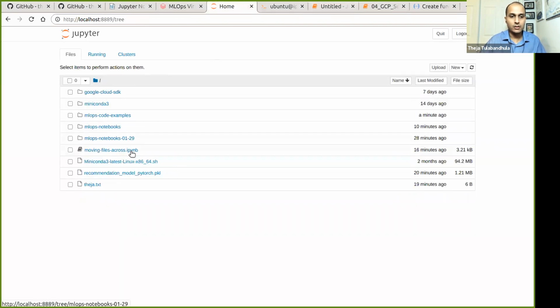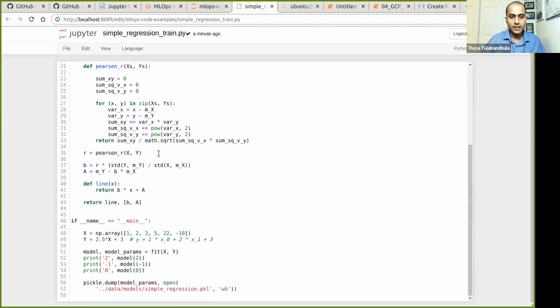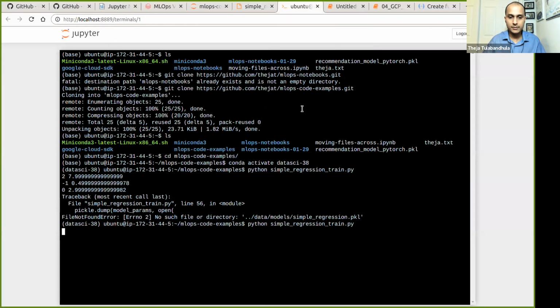So let's go back to the home and let's open code folders, code examples, and simple regression train. And I'm just going to change this location. Okay, so I'll just keep the same location. And let me run this.